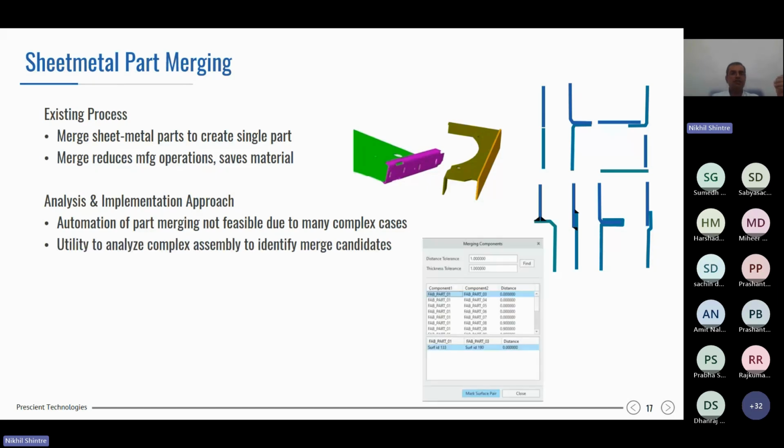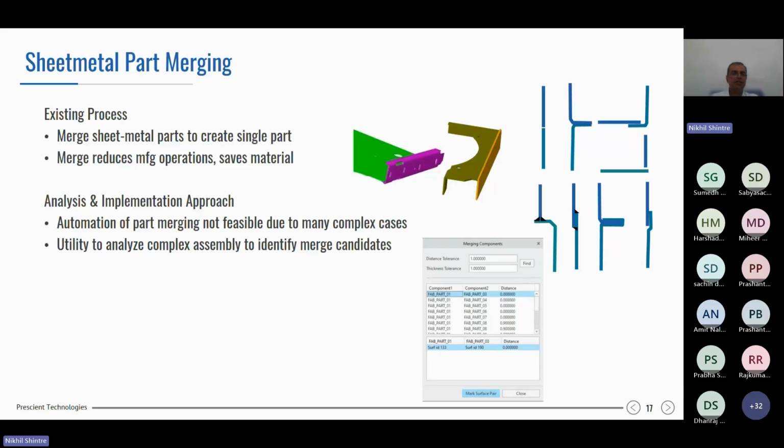But then we went back to the users and asked them, okay, this is what you do, but when we are talking about these pairs or groups of parts, how do you actually identify those parts? There we understood the assembly could have about 100, 200 odd parts, and they end up matching the parts, trying to find which parts potentially they can merge. So we suggested, if you are not able to merge the full part,